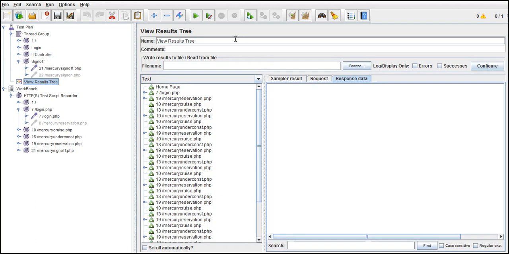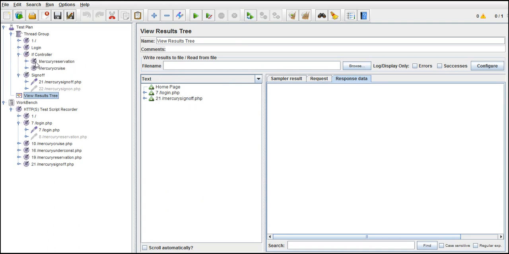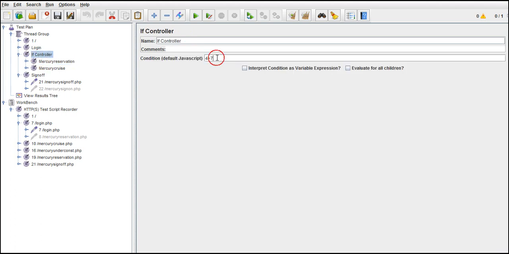If it's true, then only it should execute. Basically an if condition. I hope you all are familiar with what an if-else does. Home page, login, and you can see sign off. That's it. It did not execute these two because we are setting a false condition here.